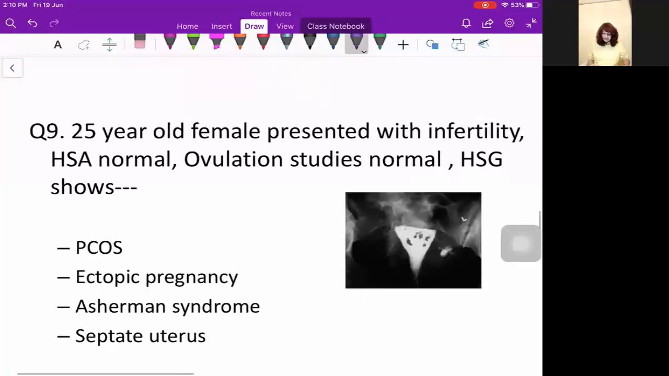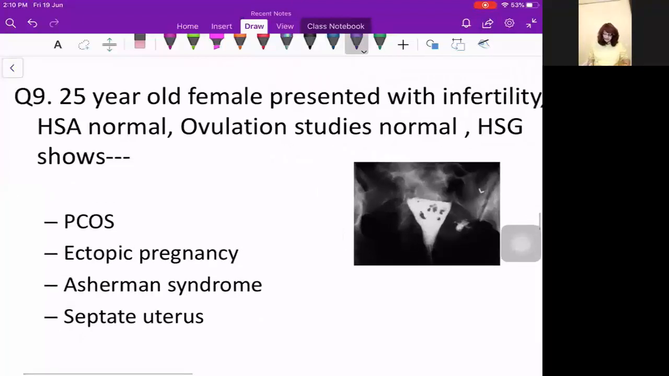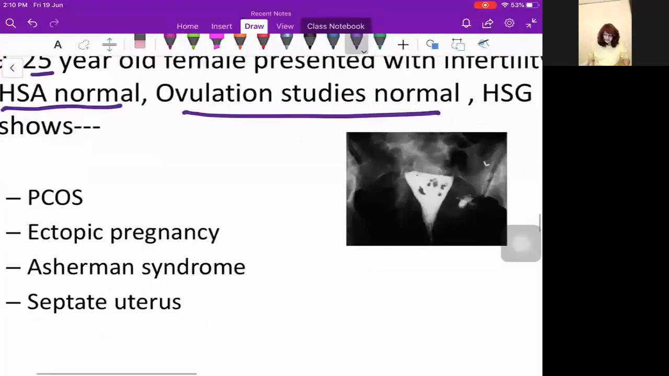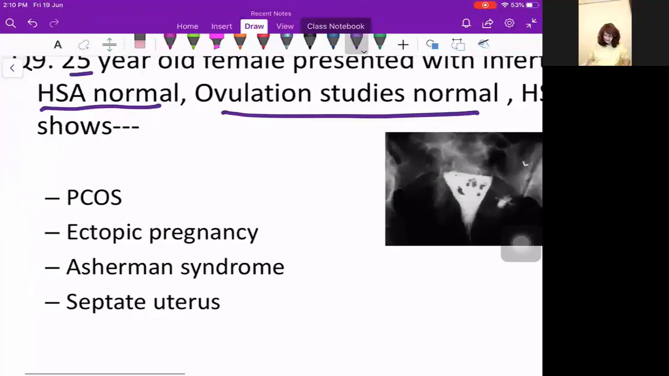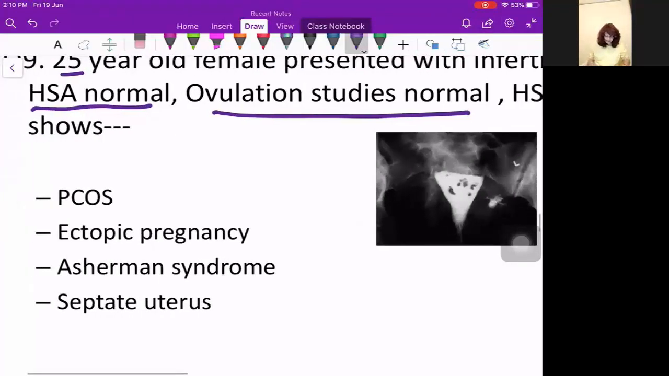A 25-year-old female presented with infertility. Semen analysis is normal, ovulation studies are normal, and HSG shows this. Hysterosalpingography shows this. Semen analysis is normal, that's a young infertility patient. Does it look like PCOD, or ectopic pregnancy, or Asherman syndrome, or septate